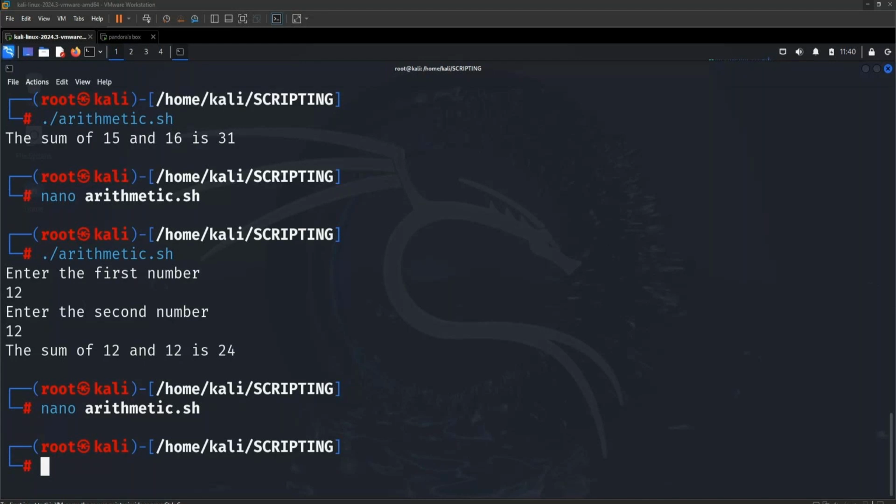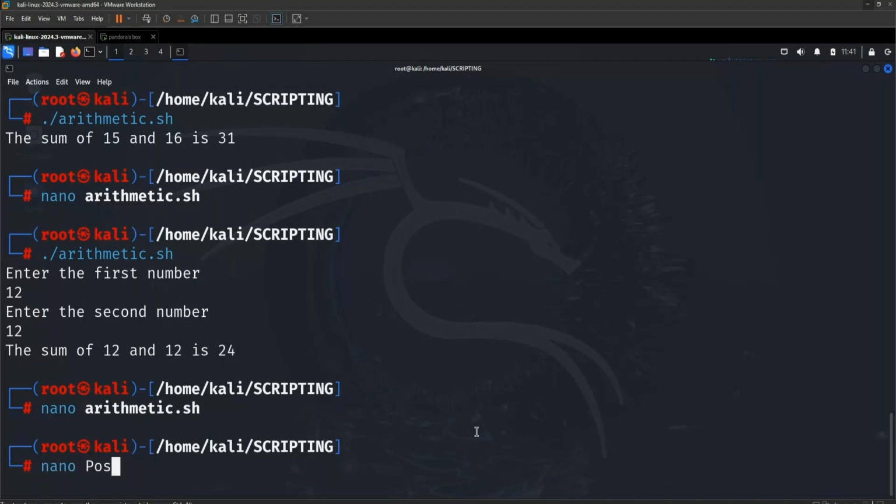Now, when we are talking about bash scripts, a bash script can access arguments passed to it on the command line by using variables like $1, $2, $3, and so on. The number represents the order in which the argument was entered. So what I will do,